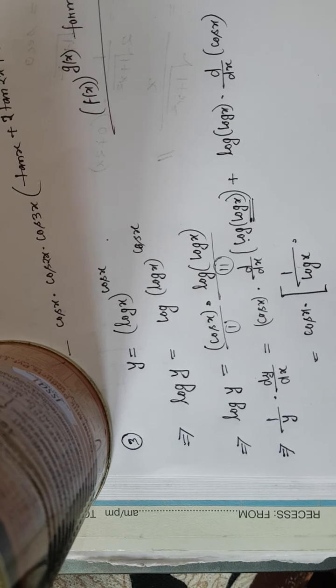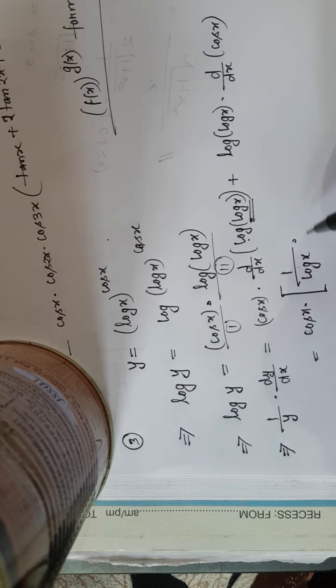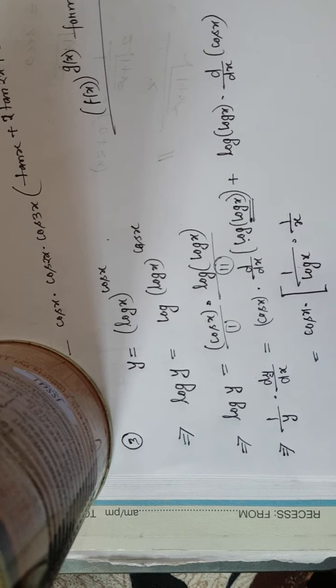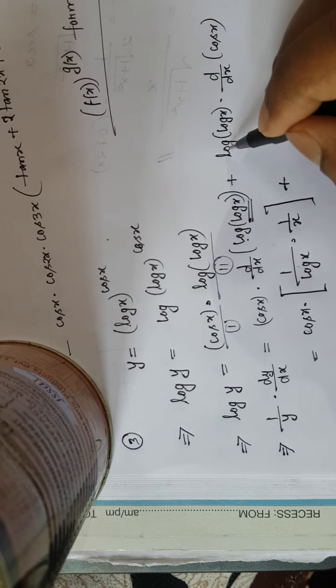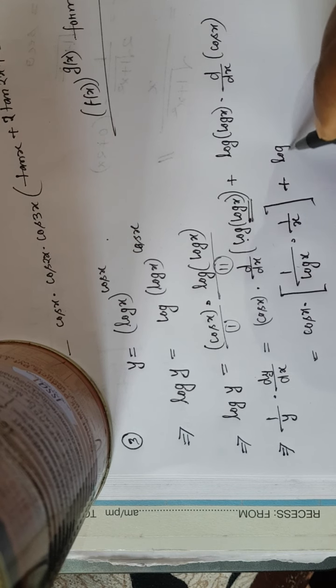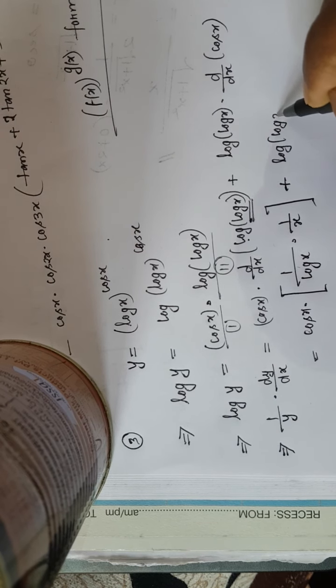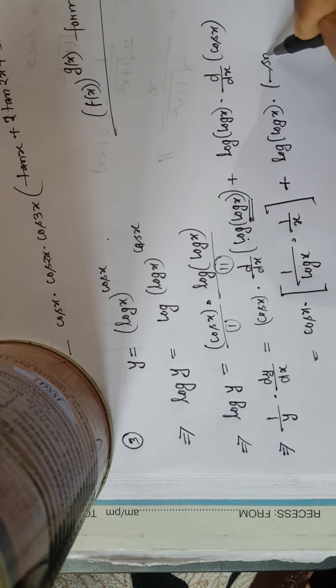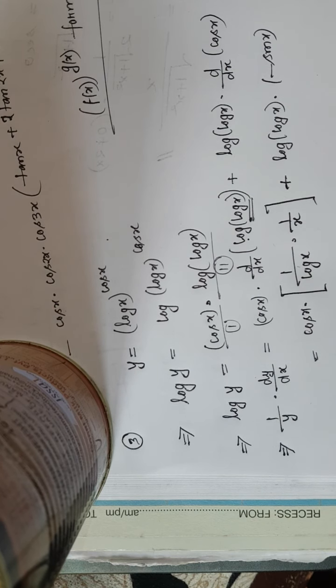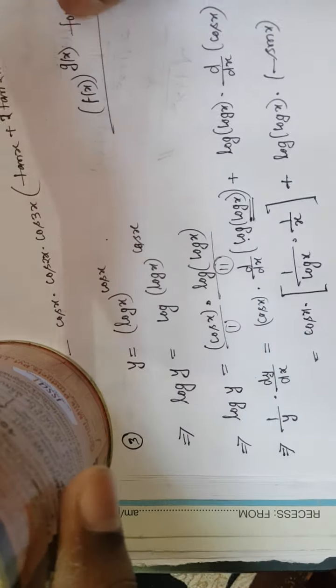Now if I go inside, for log x the derivative is 1 by x, plus log of log x multiplied by the derivative of cos x, which is minus sin x. So hence your answer will be